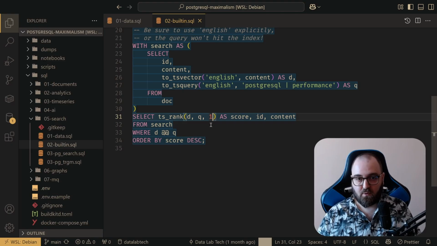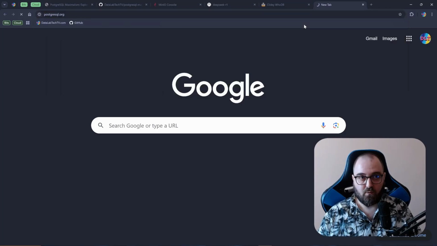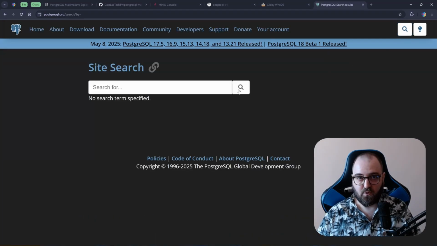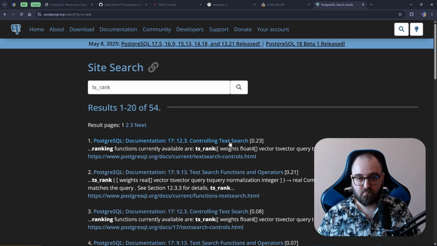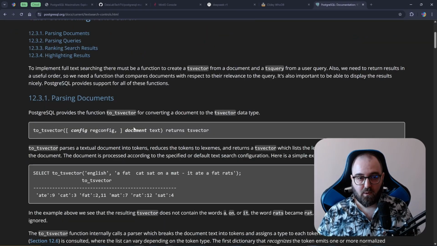This maps into one of several ways to normalize your ranking function. We can take a quick look at how this works. If we go into Postgres and we search for ts_rank, in here